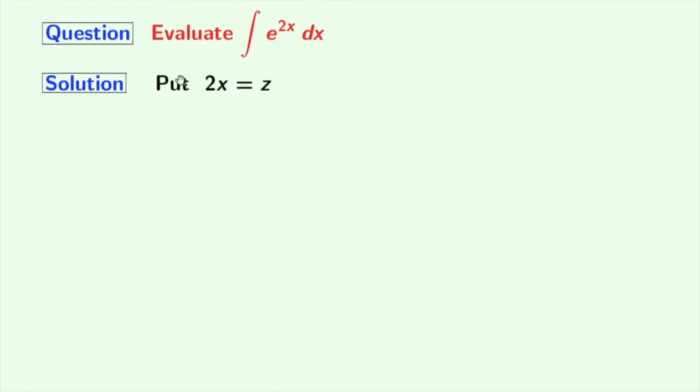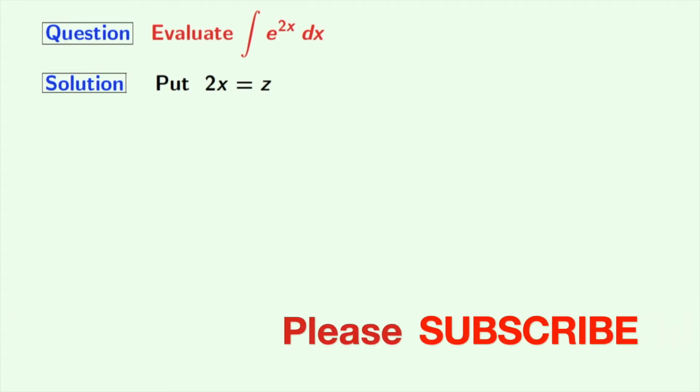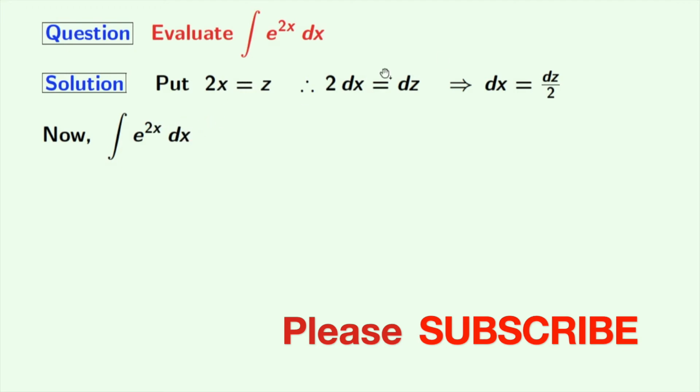So let's put 2x equal to z. Taking differential of both sides, we get 2 dx equal to dz. And this gives us dx equal to dz by 2. Our given integration is e power 2x dx. Putting the values of 2x and dx, we get